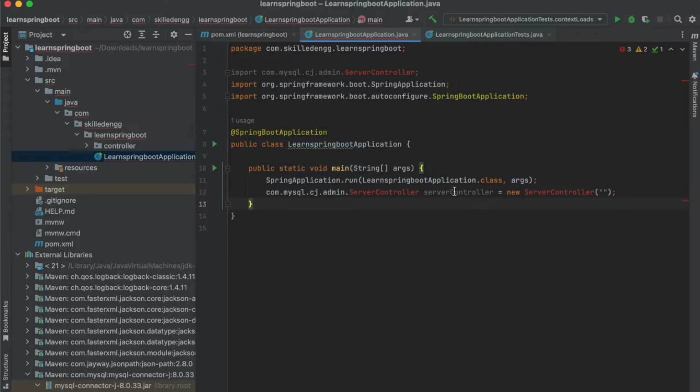Using this code I am trying to create one object of this server controller class, which is inside this com.mysql.cj.admin package which I had just shown.